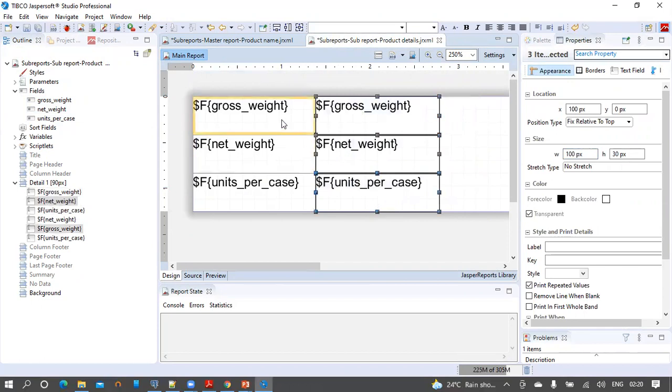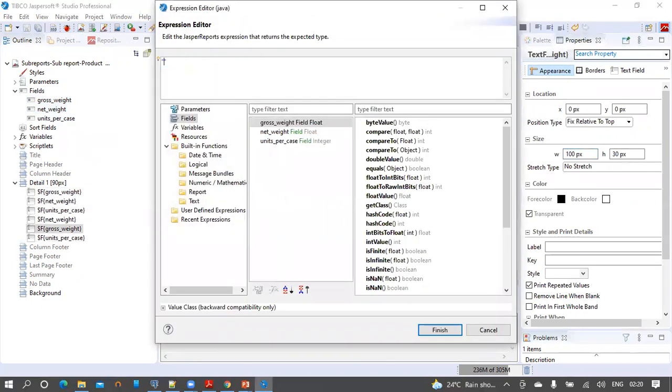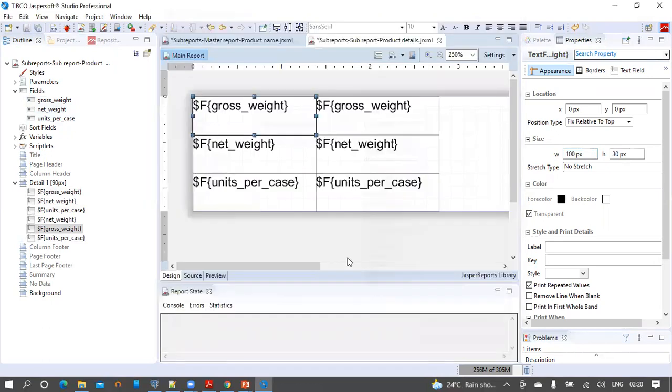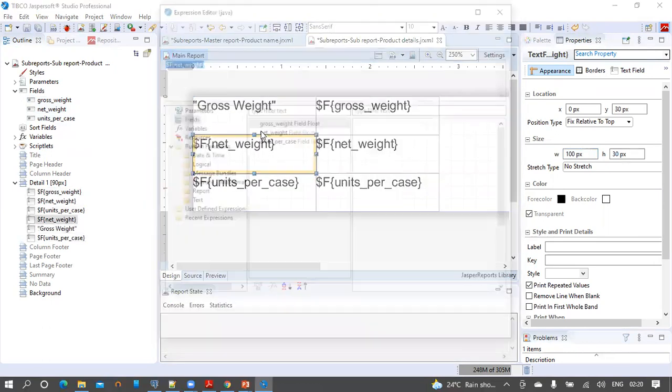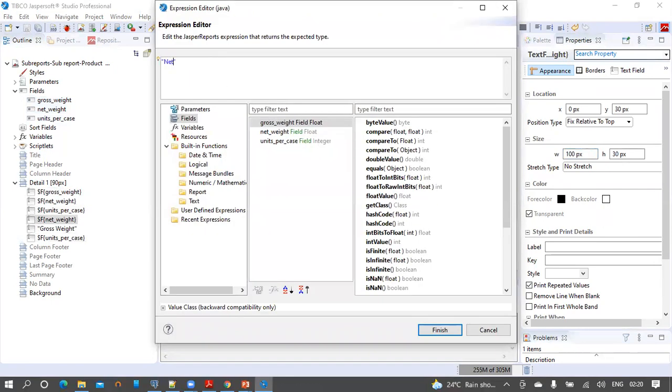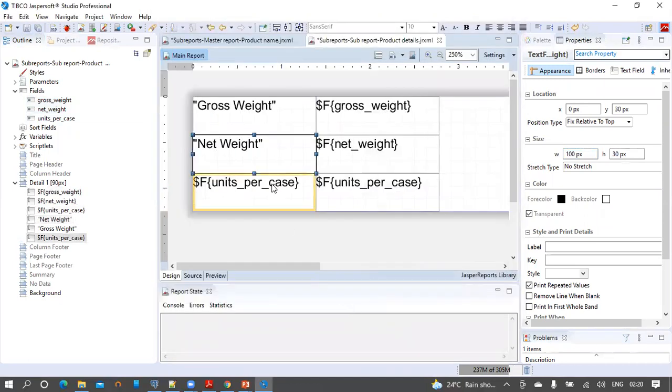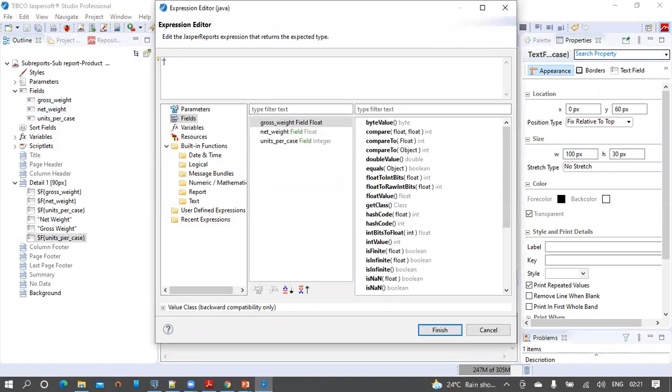So this should be gross weight label. Gross weight. And this should be net weight label. And the next one should be unit per case.